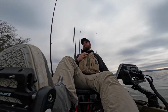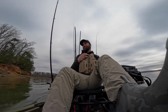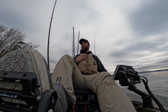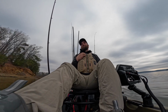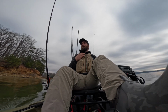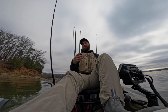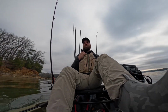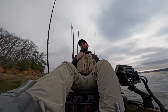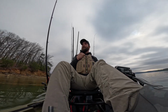I seen this one pop up on Facebook, and I talked to the guy for probably about 3 weeks before I finally committed, made my mind up. I was like, okay, this is the one I'm going to get. His story was that basically he'd only had it on the water like 5 times, and if you look underneath the kayak, you can tell there's hardly any scratches on this thing anywhere. And he was asking a real good price for it. I was actually able to talk him down a little bit,